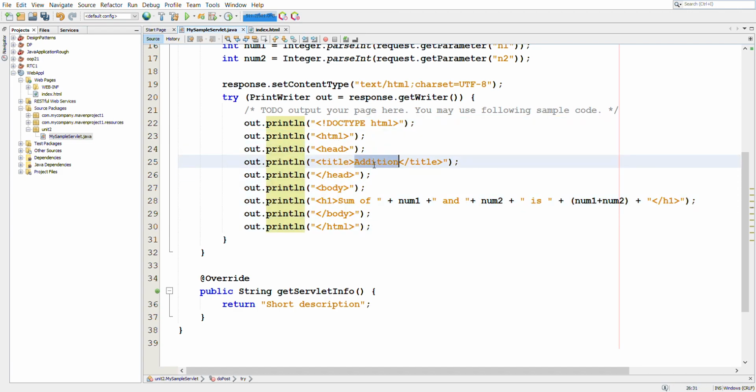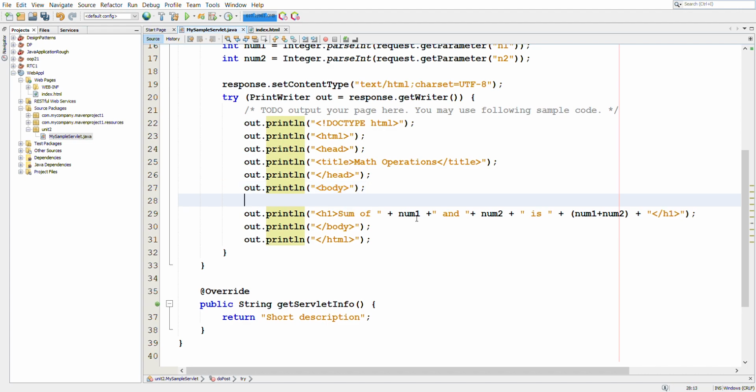Here we change the title to math operations, and in the body we want to display the sum. If we have clicked on the add button, we will be displaying the difference if we have clicked on the subtract button, and we will be displaying the product if we have clicked on the multiply button. For that, we need to know which button has been clicked.